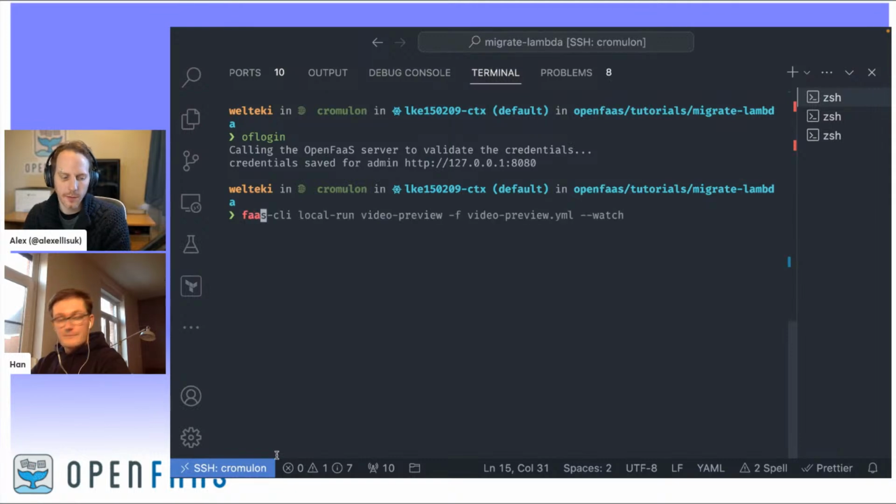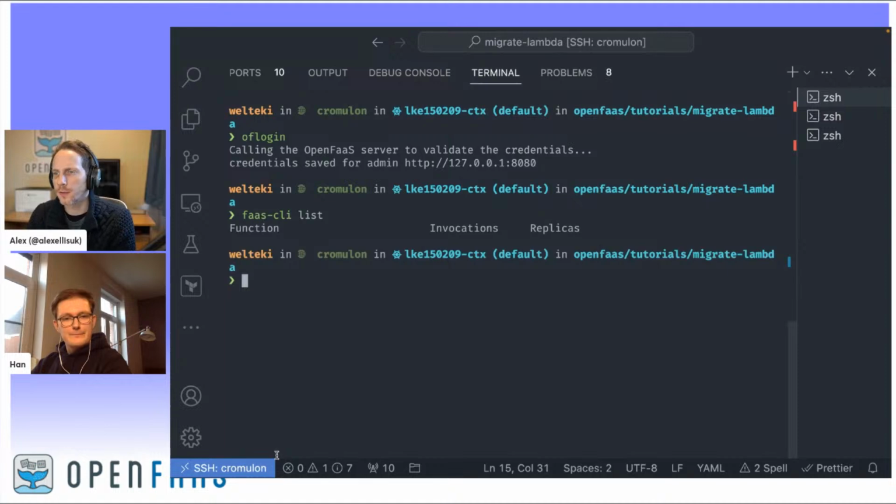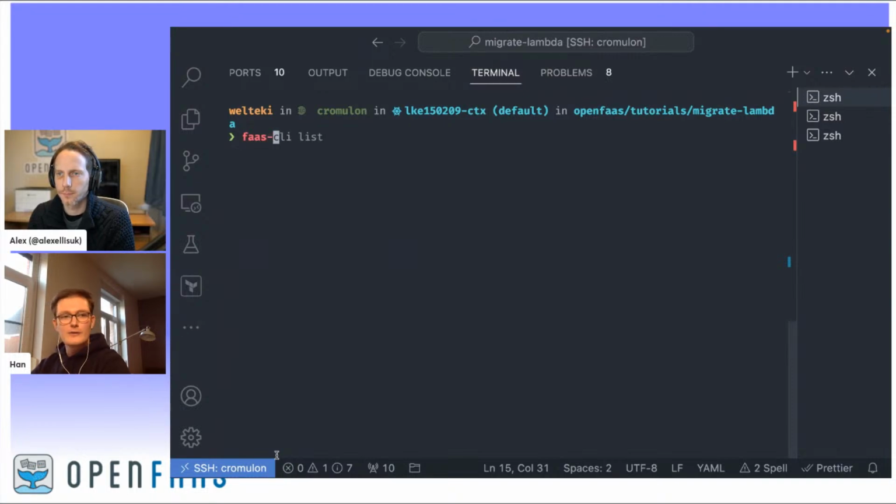there's a number of ways that you can access the gateway, particularly because that's on a remote public cluster. We'll have some public IPs, so you could set up ingress, an HTTPS record for the gateway, and then that's how you'd invoke it as well. Yeah, that's what we did in our previous live stream. So I can access the gateway, and now if I run faas-cli up, I also